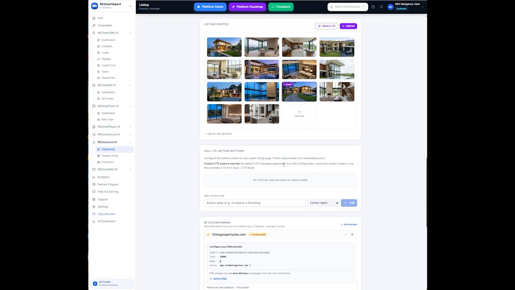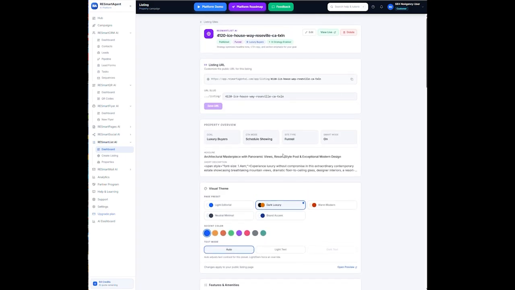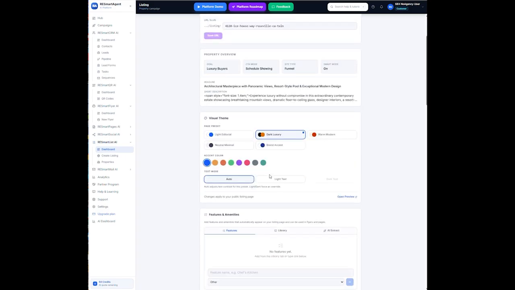But before I do that, I want to make sure that you understand that when no custom CTA buttons are added, RESmartList AI automatically generates CTA messaging based on your goal and CTA mode selection. So if I don't say what I want the button to be called or how I want that to look, it is going to generate the call to action based on